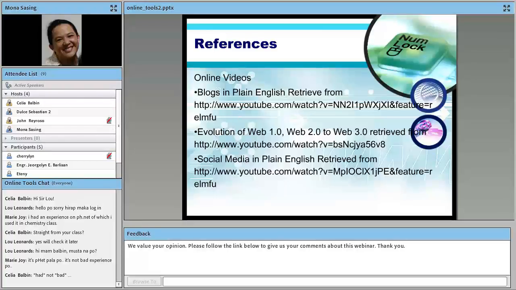Anyway, pwede rin po kasi ang sharing ninyo would be on lessons learned, no, in using this particular online tool. Hindi lang sa paano mo ginamit, kung hindi, yung mga learnings mo, no, when you were using it, or challenges that you encountered and how you address these challenges, no, pwedeng ganon.